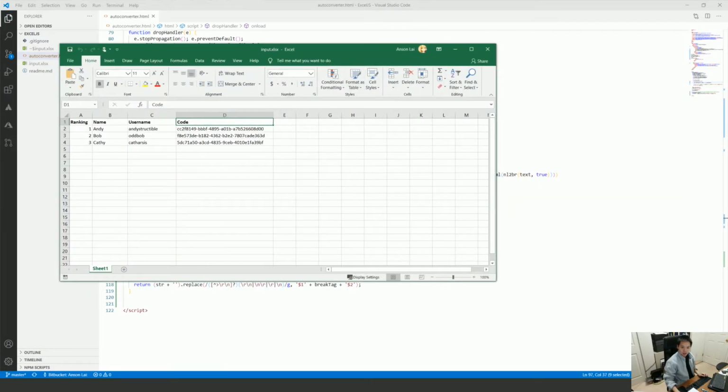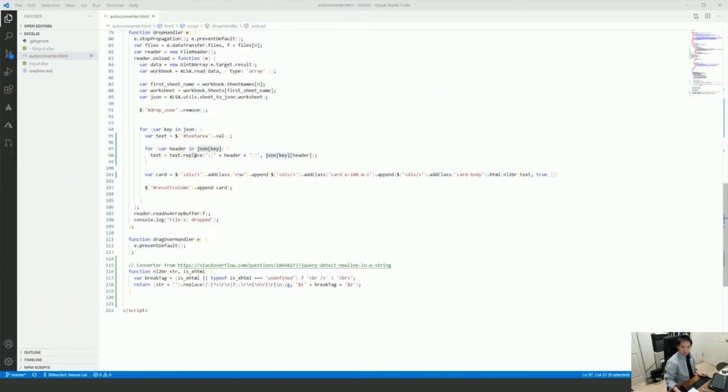It should be key 0, 1, 2, 3. Okay. But we need to select that first key first. We get the header, and then now